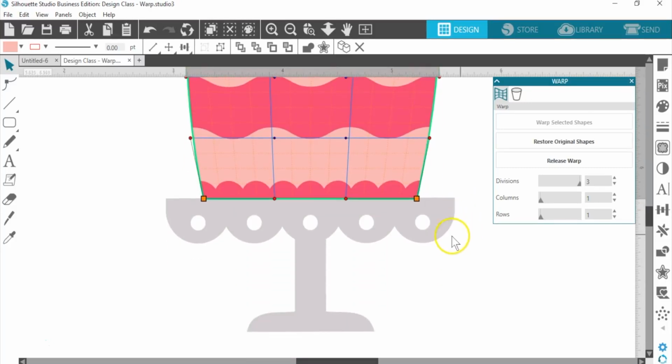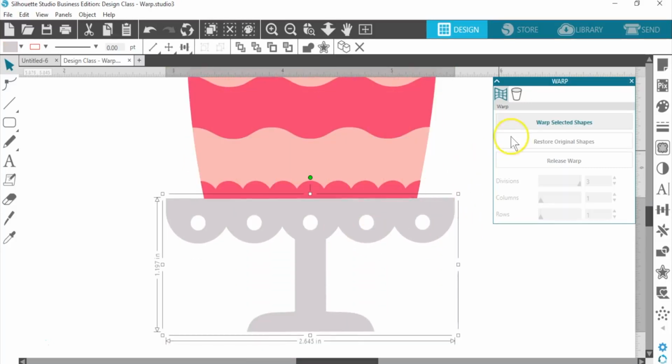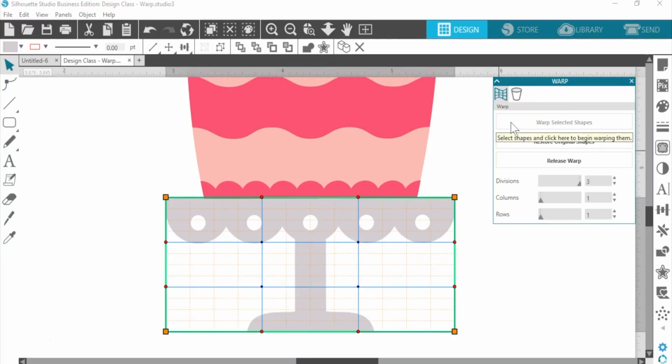Okay, and moving on to the base, select it, choose Warp Selected Shapes. And I want to point out here that you can actually add more warp points by increasing your divisions, columns, and rows. So I'm going to put 3 divisions, 2 columns, and 1 row. So I've just added more points where I can manipulate it.